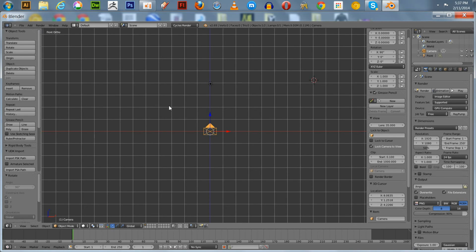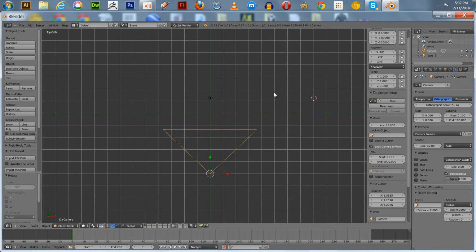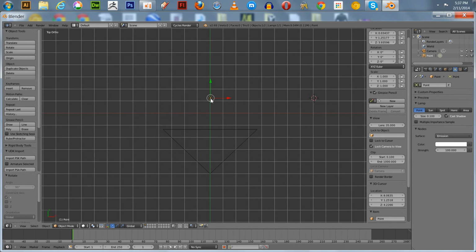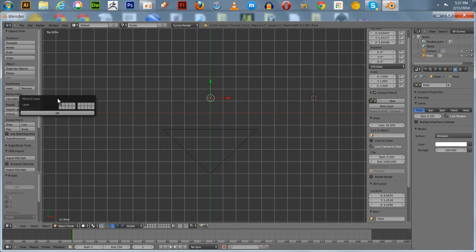We're going to go to our top view and add some text, and also let's go ahead and make this orthographic. Now we go to our top view. We don't need this light. You can delete it, or you can move it to another layer. It doesn't really matter. So anyway, we're going to get our 3D cursor right here in front of the camera,